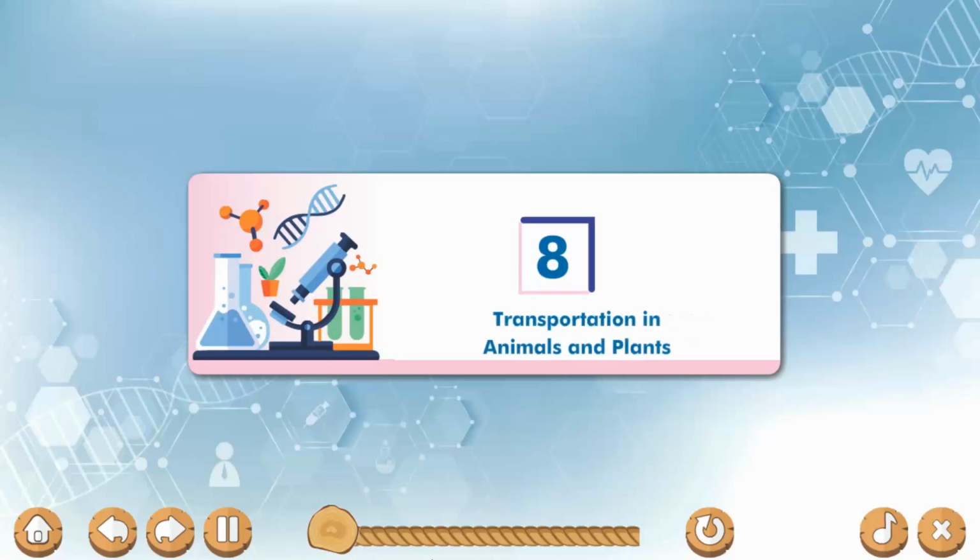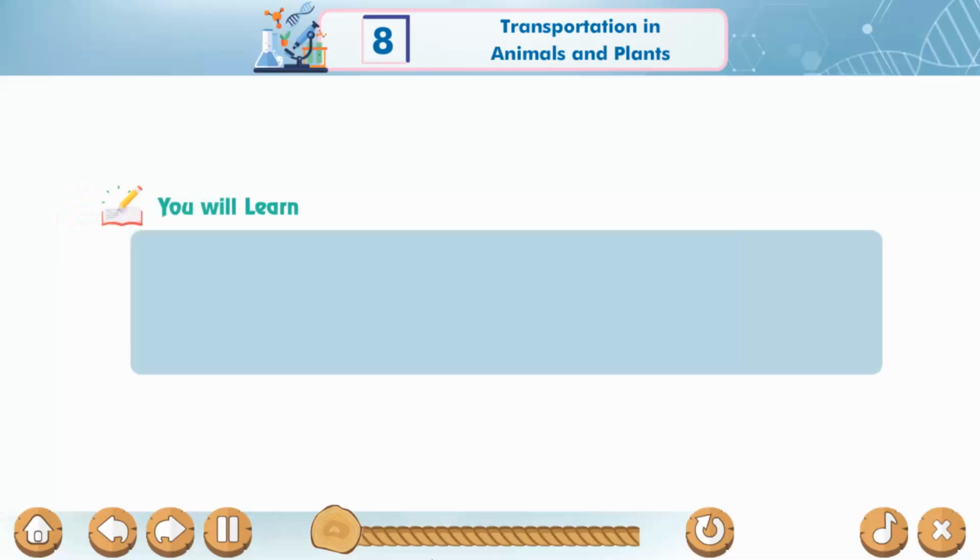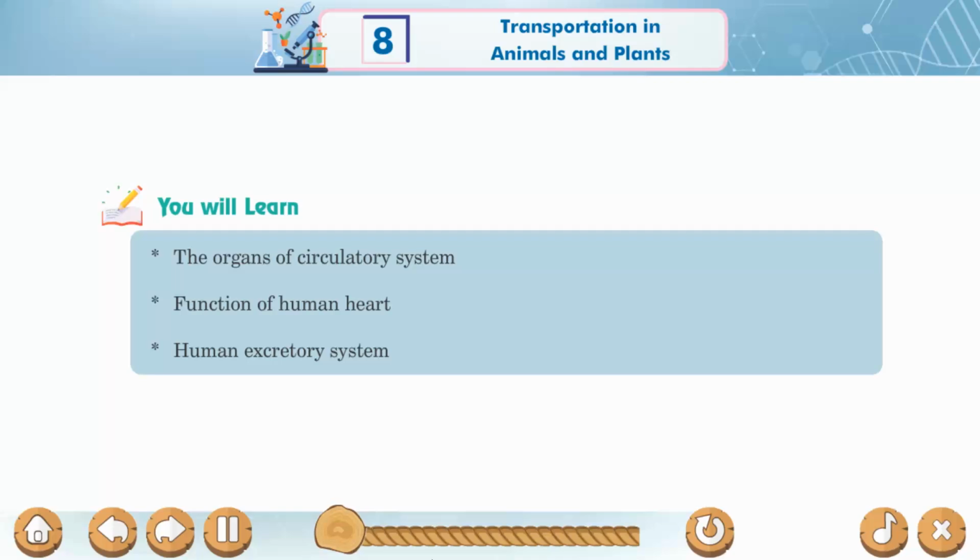Chapter 8. Transportation in Animals and Plants. You will learn the organs of circulatory system, function of human heart, human excretory system, function of kidneys, transportation of